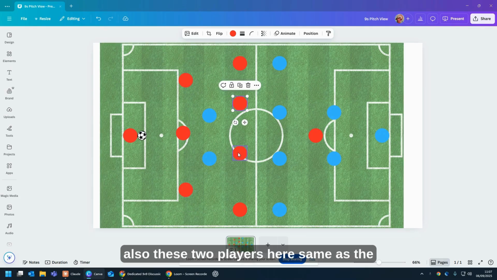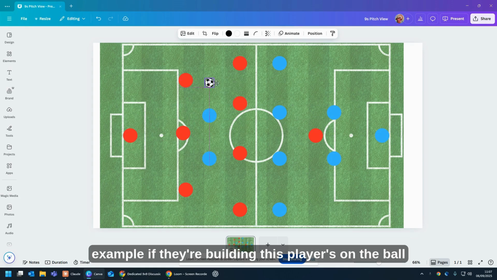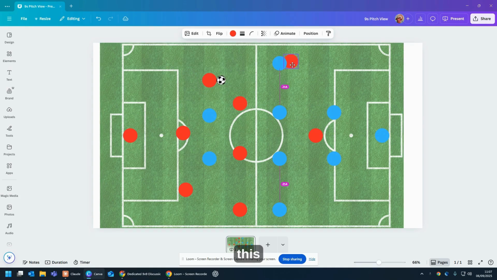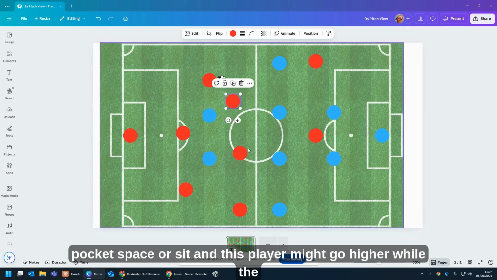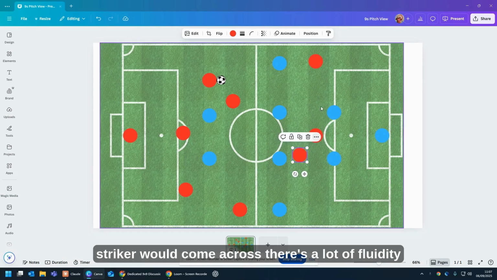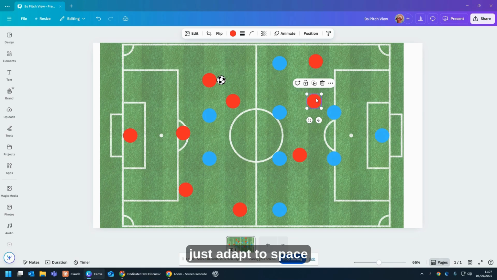Also, these two players here, same as the 2-4-2, one has to sit and one has to go. So, for example, if they're building, this player's on the ball, this player is there, this player might actually go into that pocket of space or sit, and this player might go higher while the striker would come across. There's a lot of fluidity to this formation, and it requires players to just adapt to space rather than stick